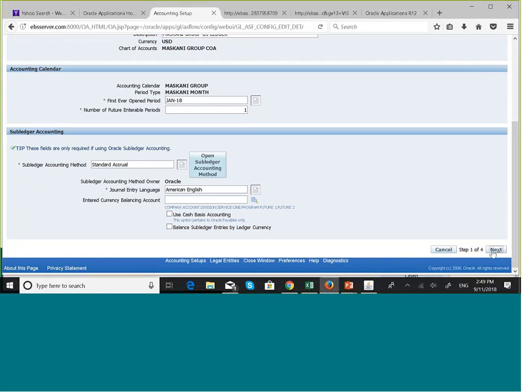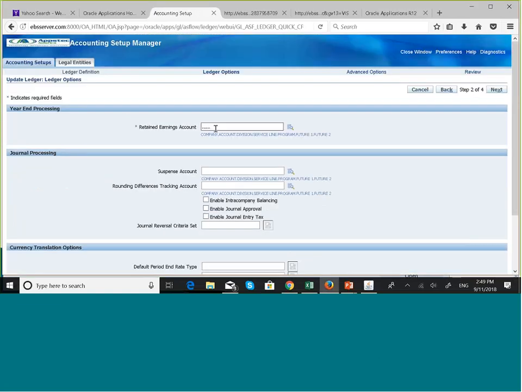Okay, let's go to the next page. Retained earnings account. So at the end of the year, we have something that's called year-end closing. All the revenue accounts and the expense accounts are closed into the retained earnings account, and that way the retained earnings account will show how much money the company has made during that year. So when you close the revenue and expenses, revenue minus expenses equals profit, it will show the net amount of money that has been